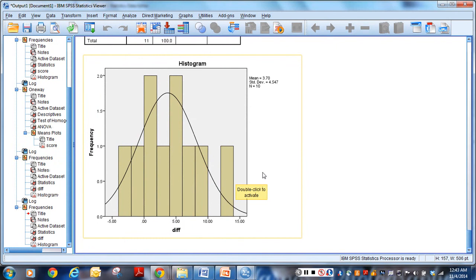So I think it's close enough to a normal distribution. It shows a reasonable symmetrical bell. So we can say that the difference between the pretest and post-test scores meets the criteria of normality. So we've met the assumption. So now let's go ahead and complete our